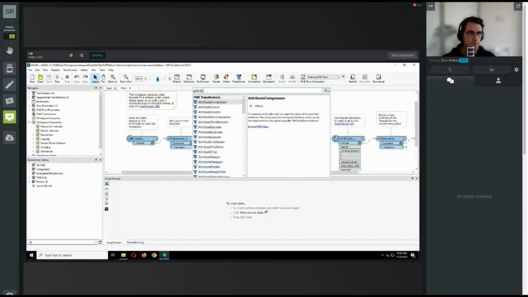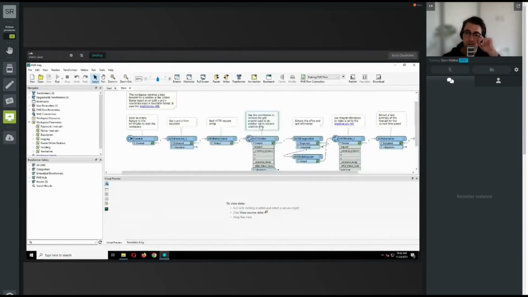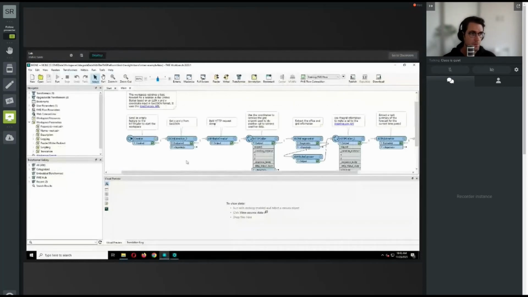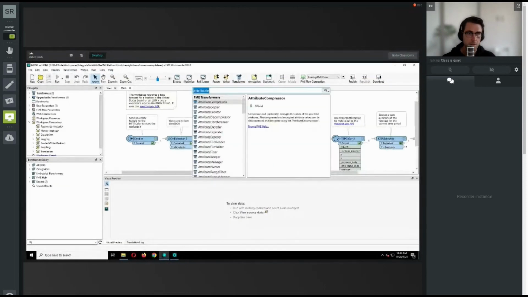So I can type in attribute, and if I had a lot of patience, I could read through all of these and try to find the one that works. They do have a little blurb from the help text that describes what they do, so that's helpful. You can also click Browse FME Help, and you'll be able to see the help for that transformer. Another thing you can use with Quick Add is